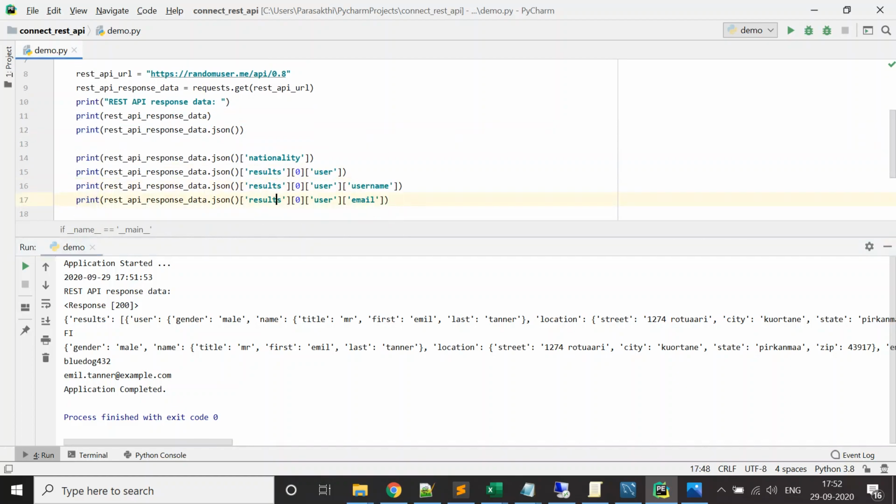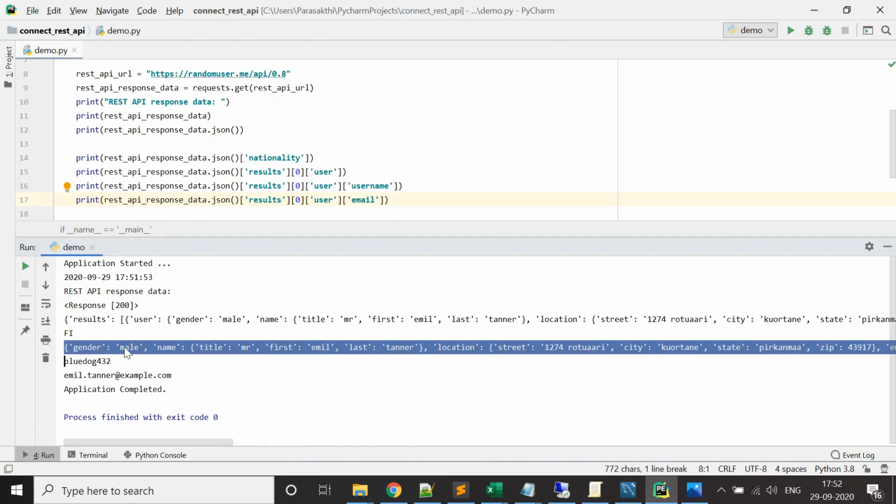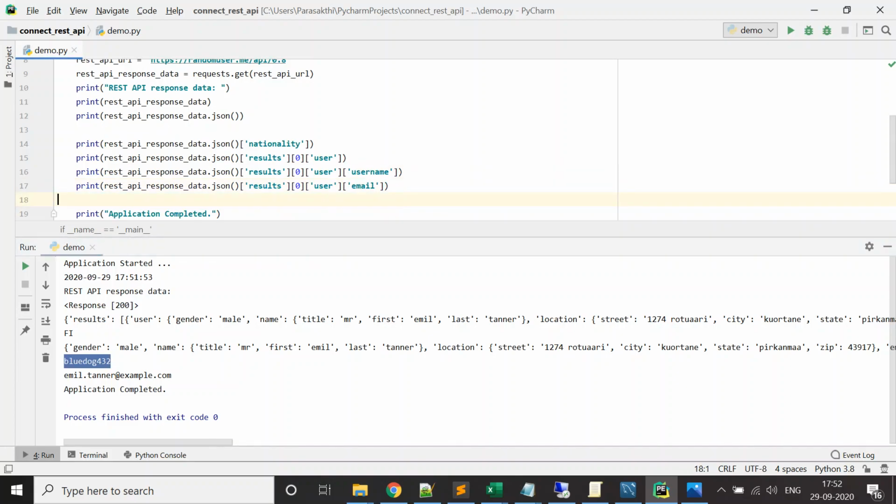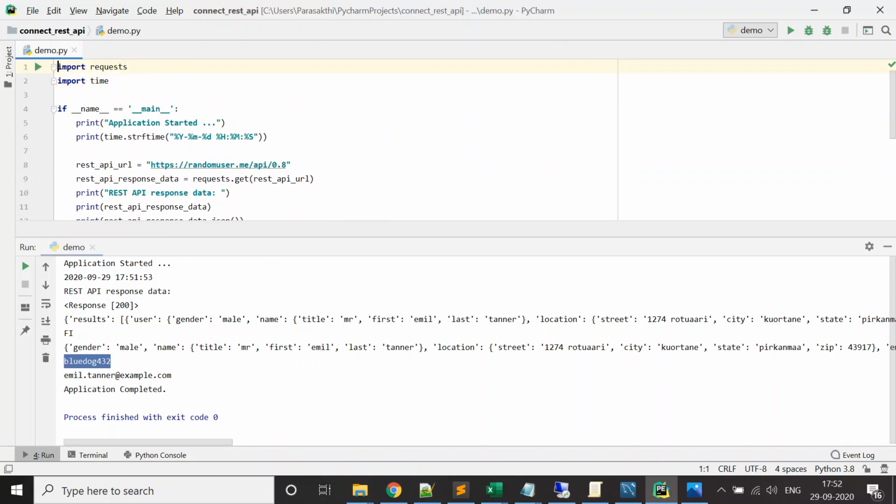And then I read the entire user JSON, with gender male, name, email, and other fields. And from the user object, I am reading the username and the email address, tanner@example.com. So this is how you can make the REST API call using the requests package. You can make a call, get the response, and do whatever processing or parsing you want to do.